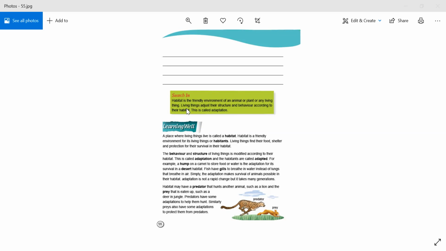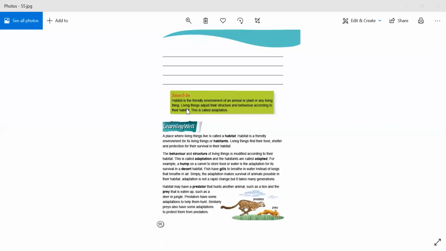Now, beta, we all know what the meaning of adaptation is. Adaptation means the behavior or structure by which living things can adjust according to their habitat. Listen carefully, everyone: one more thing, animals that have a specific habitat are called adapted. And if we take an example to prove our concept, we can see